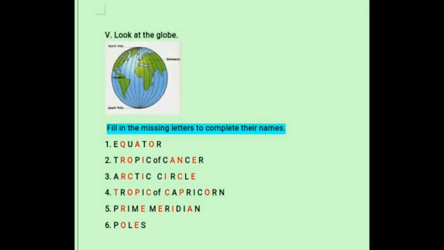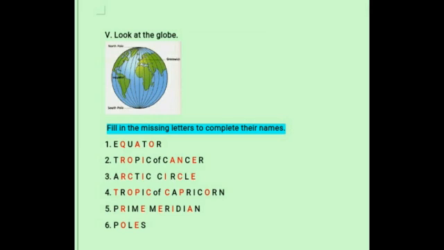So children, fifth Roman letter, you have to look at the given picture. You already know what is a globe, you know what is an equator, everything you know. Just observe it, write the correct spelling. Okay. So first one is equator. So here you will be having some gaps in these words. You have to fill in with the correct spelling, right? So first word will be equator.